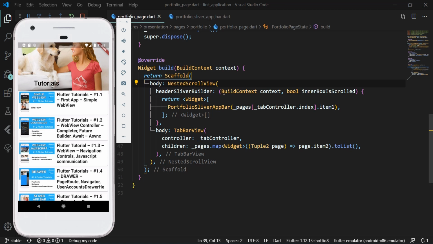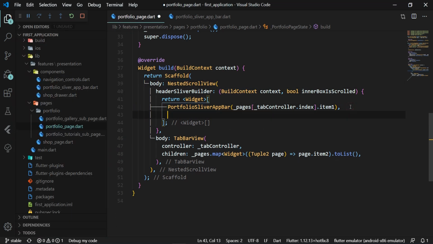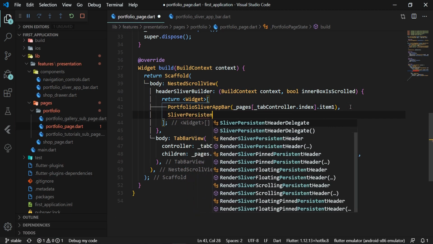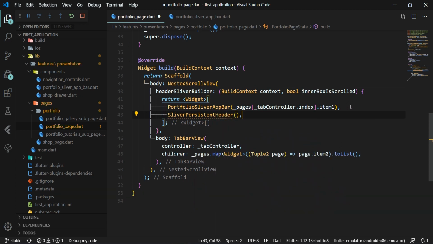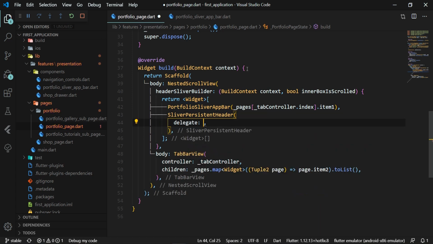We go back to the header sliver builder and we add another widget, the Sliver persistent header widget, after the portfolio Sliver appbar. This widget will be filled with TabBar and its tabs. Sliver persistent header has a required attribute delegate, to which we define an instance of the Sliver persistent header delegate